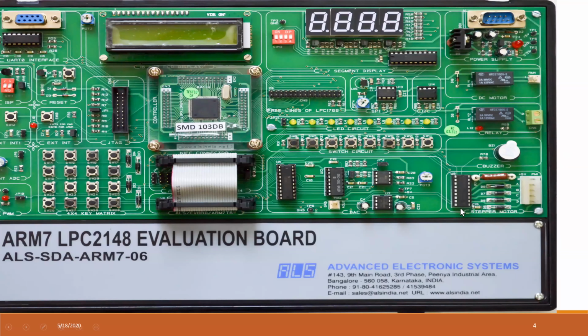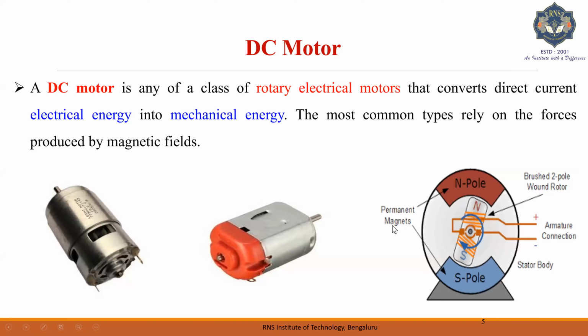So what is DC motor? We all have seen from childhood a motor running, which converts electrical energy into mechanical energy. Somewhat it looks like this DC motor. Here you will have a rotor, then the permanent magnets, which will be north and south, and when you pass the current through it, using Fleming's law and Lorentz rule, it will start rotating.